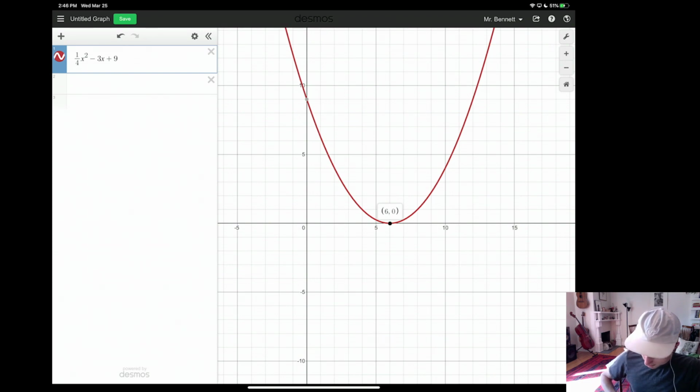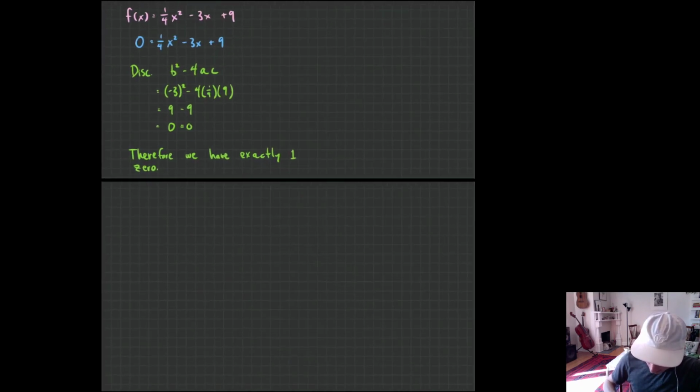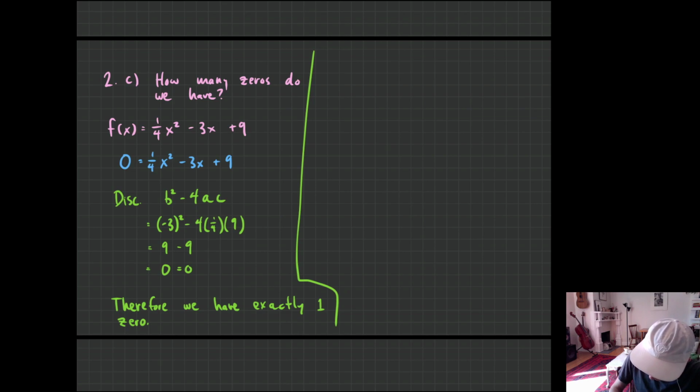So if we wanted to use the quadratic formula, even though it doesn't ask us to do this, and I think it actually tells us not to do this, let's just do it anyways. If we want to know what the zeros are, we can use the quadratic formula to find those zeros. So it'll be negative b plus or minus the square root of b squared minus 4ac all over 2a.